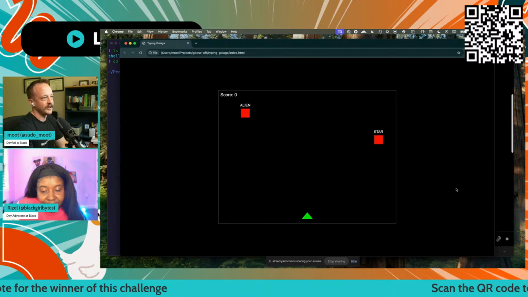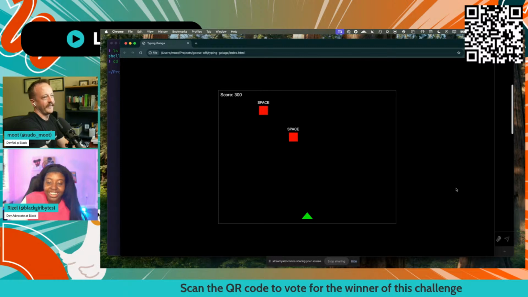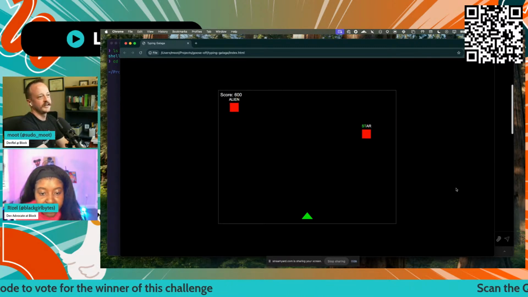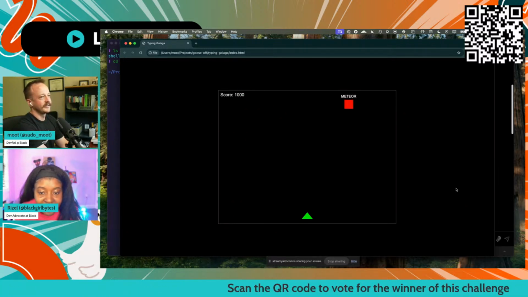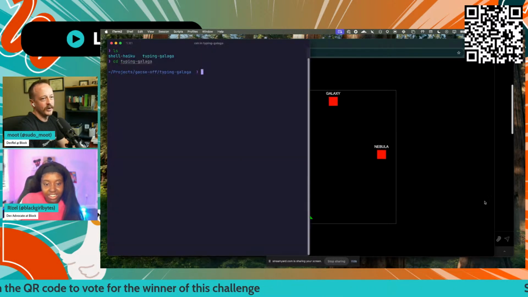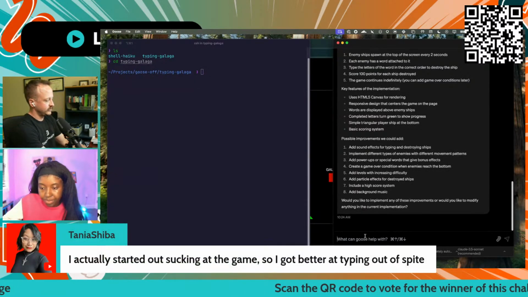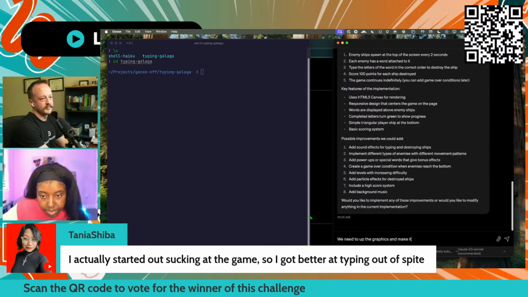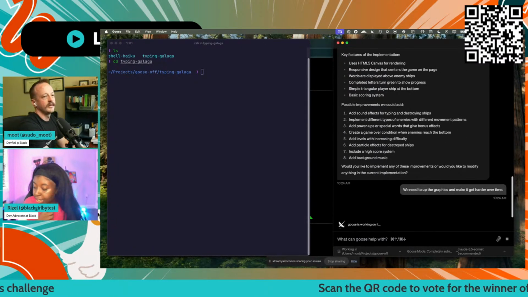Oh, looks like we already have a game. It's starting. You gotta type star alien. Sorry. Why does it keep doing this? Oh, these are all astro stuff. Maybe the next level is a different version. All right. I like this so far, but I want more than this. Yeah. Let me think. Okay, we have an HTML5 canvas. We need to up the graphics and make it harder over time. Ooh, good idea.